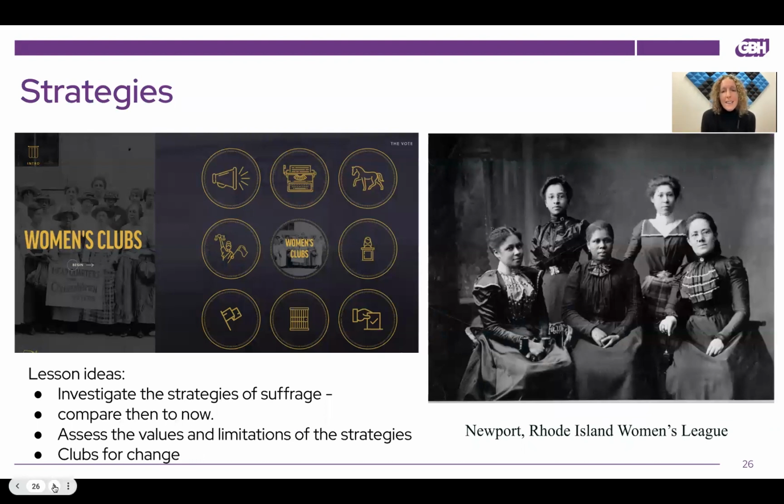Another part of the interactive is the strategies that women used to try to win the right to vote. You can see there are 9 buttons, and when you click on a button, it takes you to a different strategy. Lesson ideas that I've used with these buttons are to investigate what some of the strategies were with my students, and I have done comparisons from then and now. I've assessed values and limitations of what the women in the decade before the 19th Amendment, what worked for them,